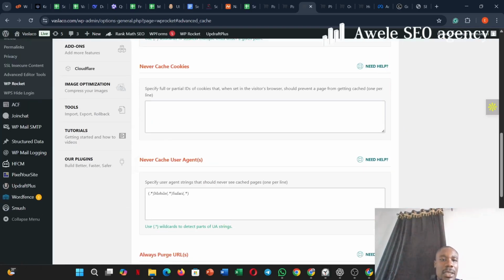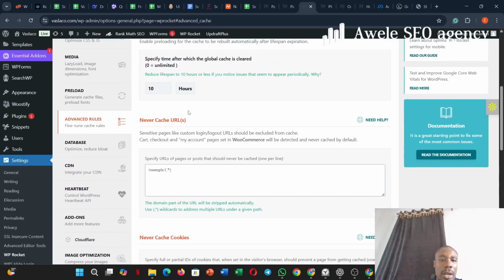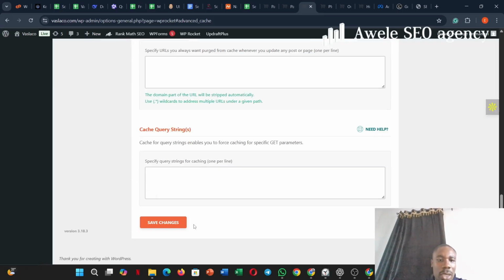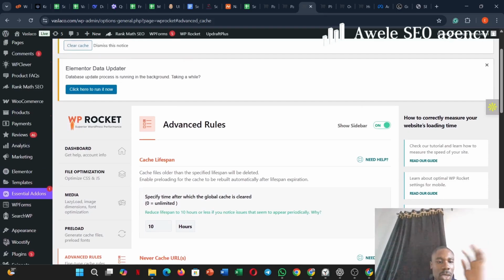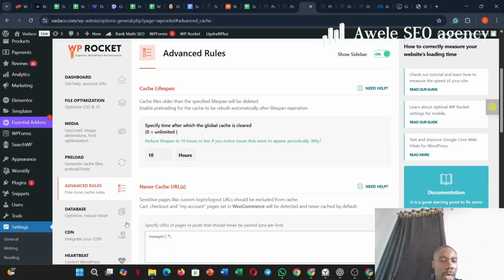Now, I never cache certain URLs, that is for setting maybe your login page or something like that. So certain pages or sensitive pages, you don't cache them. So look at this example here. Just add the URL here, and so on. Most times, this particular aspect is usually set up properly. Then you come to